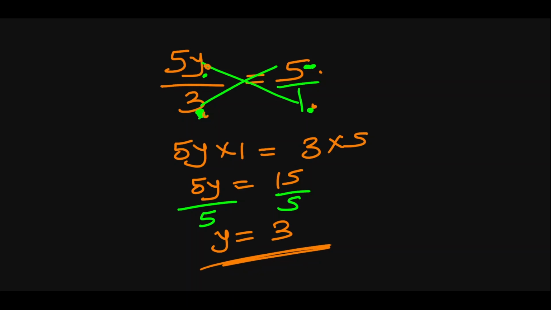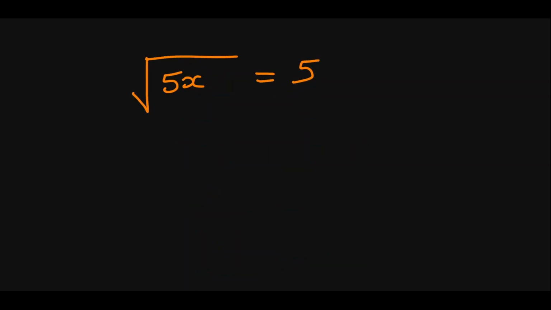So cross multiplication is another mathematical tactic you can use. Instead of trying to isolate the numerator and denominator, just cross multiply. We are going to be using cross multiplication a lot as we go forward because it's easier and gives us less headaches. Now look at this example showing us that x can also be entangled in a square root or a root generally. So this is square root of 5x is equal to 5.